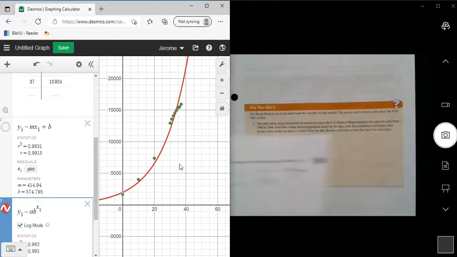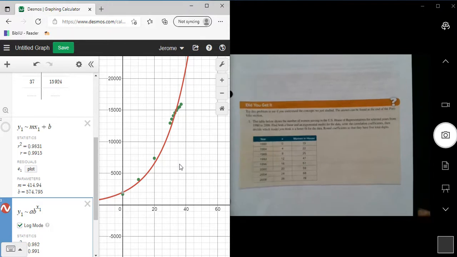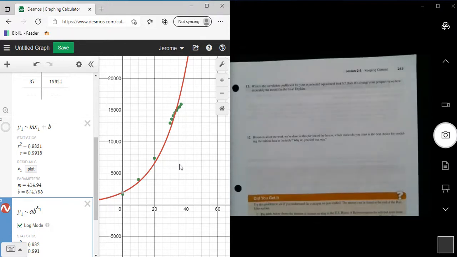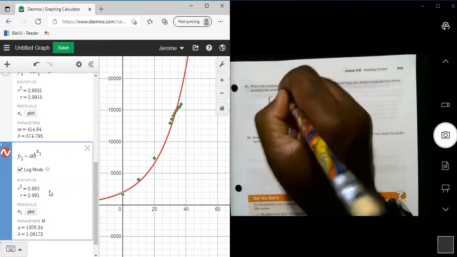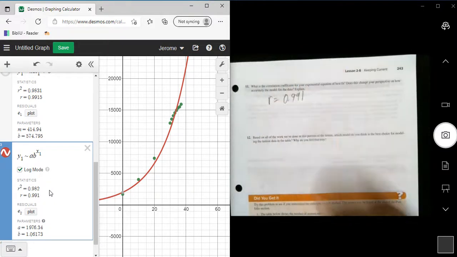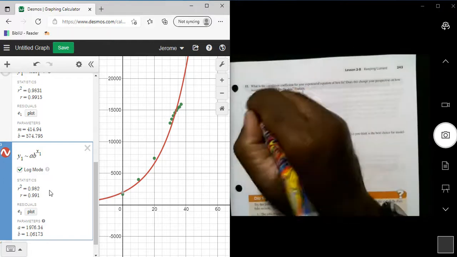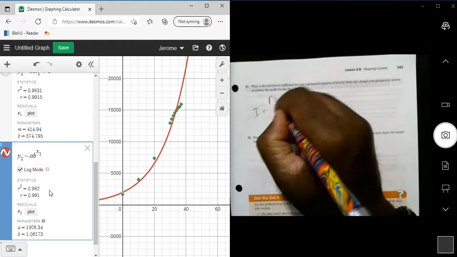Okay, now go here to problem number 11. It says, what is the correlation coefficient for your exponential equation of best fit? Does this change your perspective on how accurately the model fits? So the R value, correlation coefficient, is 0.991. All right. And I would say it confirms